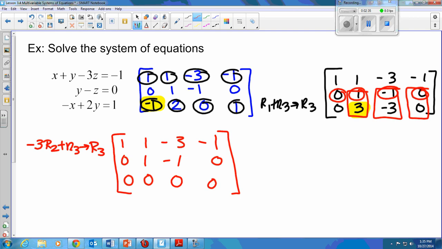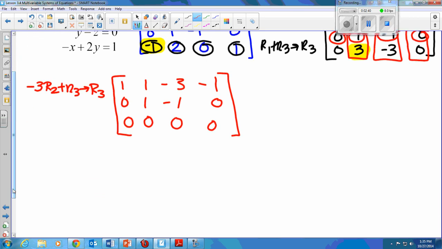Thank you. So if I were to rewrite this, I end up with x plus y minus 3z is negative 1. Y minus z is 0. And nothing is equal to nothing. So what does this tell me? Okay, so if all of my variables are eliminated in an equation, but I get a true statement, it means